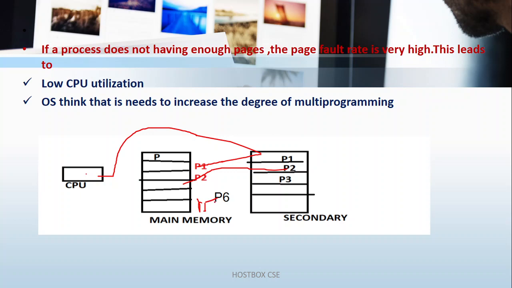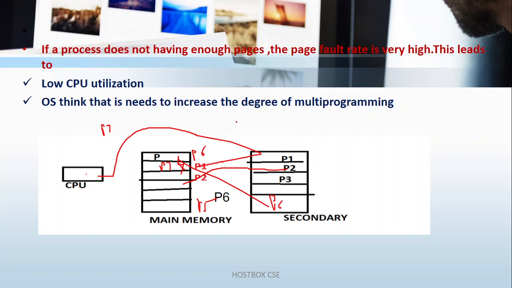Let's assume that now the main memory is filled. Now the question is, the CPU wants to access the data of process P6. Then what will happen? P6 is only in the secondary memory. There is no place here. So automatically the processor and the controller remove P1 and bring P6 here and place it. Similarly, the CPU wants P7, same thing. It will remove P2 or anything and bring P7 from the secondary memory, keep it here and execute. Like that it keeps happening. This is exactly called thrashing.